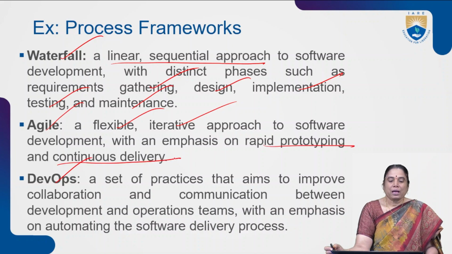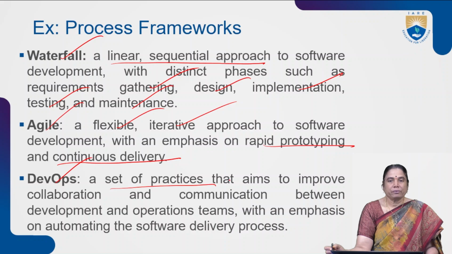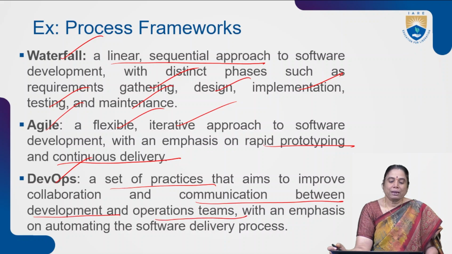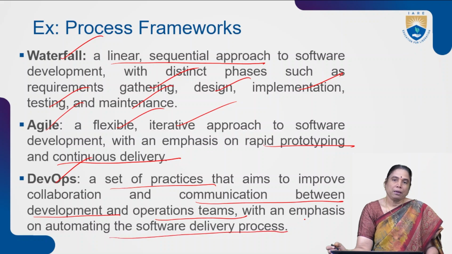DevOps is another process framework which uses a set of practices that aims to improve collaboration and communication between development and operations teams. The coordination between development and operations teams is greatly improved with DevOps, with an emphasis on automating the software delivery